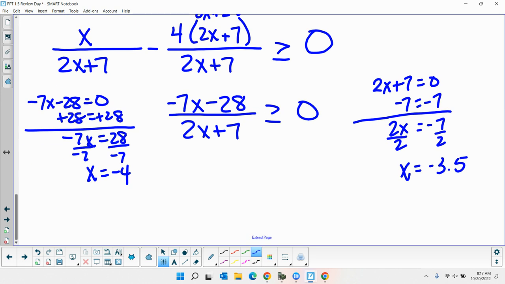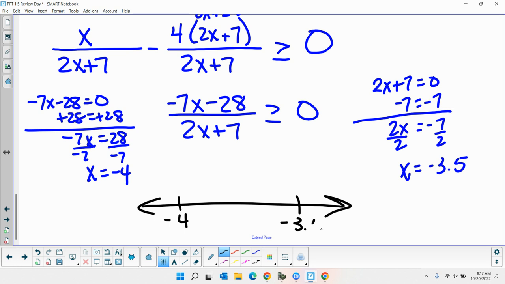So I got to find the number between those two for the middle part. Negative 4 would be here. Negative 3.5 is here. All right. The negative 3.5 was the bottom, so that's a circle. The -4 was the top, and it had the equal to, so that's solid. If the equal to wasn't there, they'd both be circles. All right, so I'm going to use